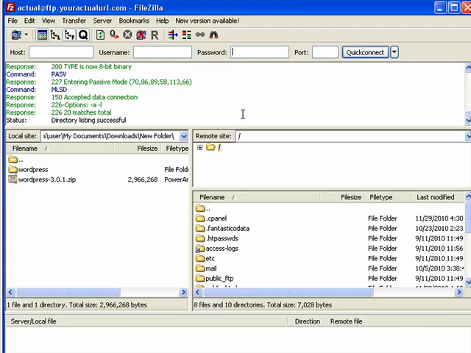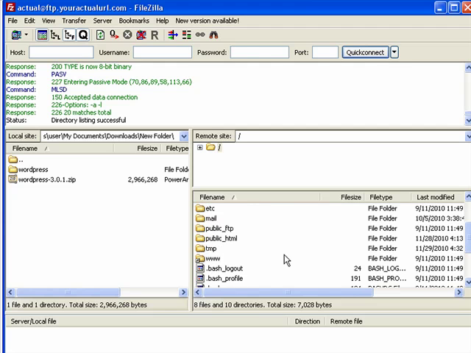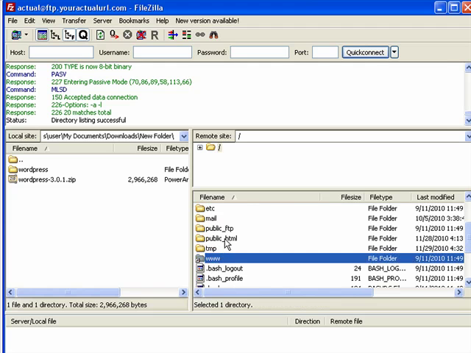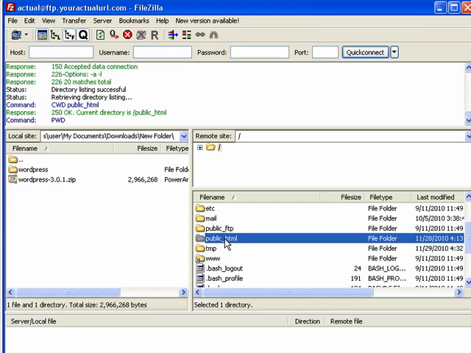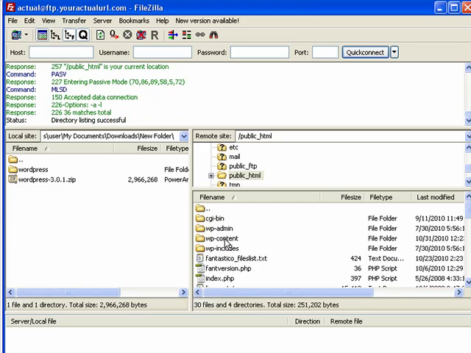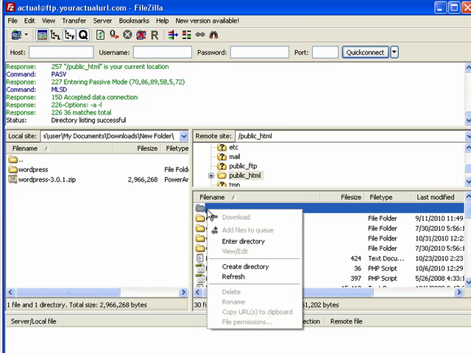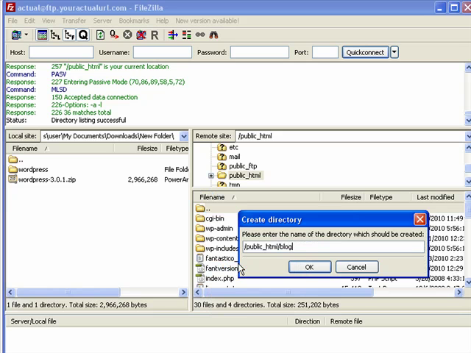Next, just open up your FTP application, and in this case I'm using the FileZilla FTP. Make sure that you connect to your web hosting account and click through to either the www folder or the public_html folder. Now, in most cases you'd want to upload all the files directly to the root of your web hosting account, but in this case I already have a WordPress blog in my root, so I'm going to create a new directory. I'm going to call this new directory blog,